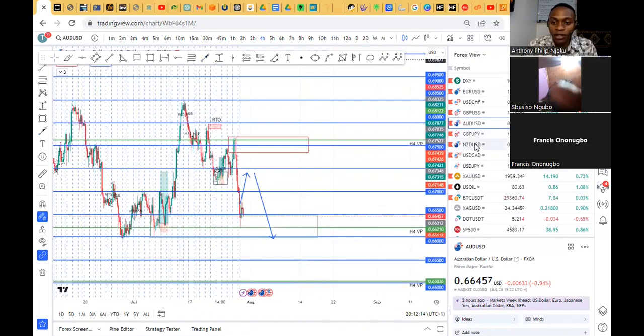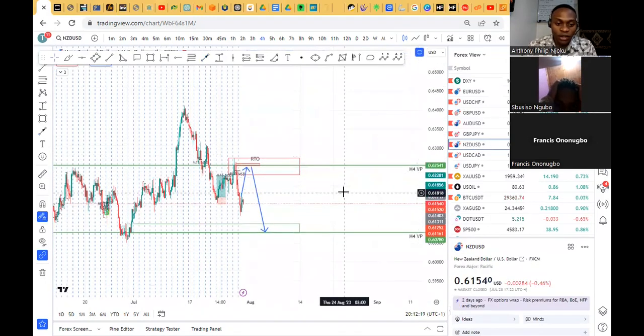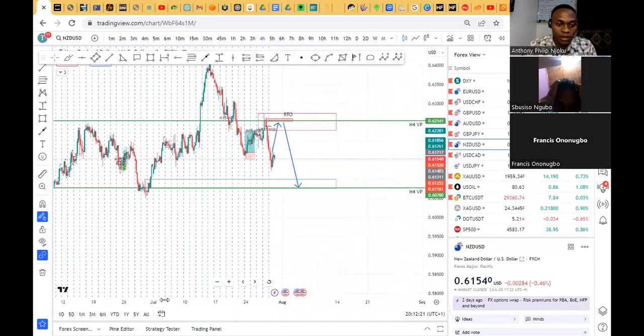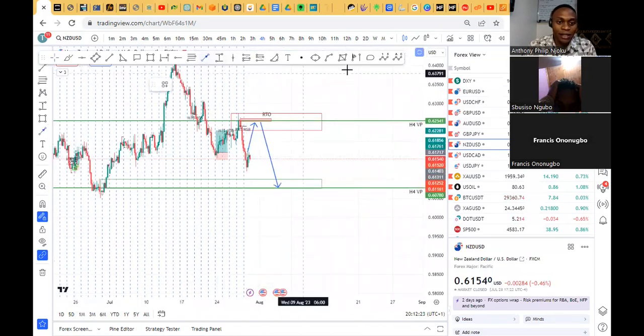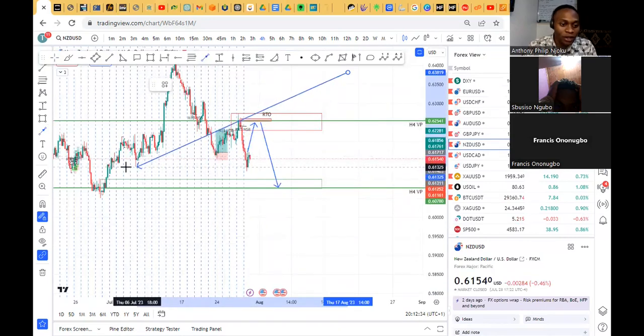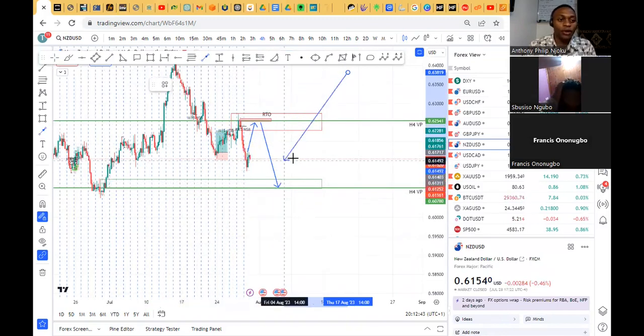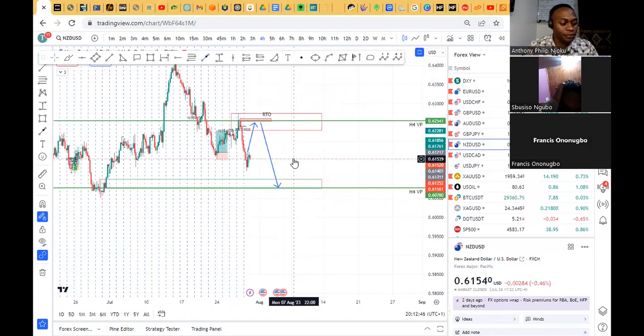Then for NZD/USD, let's handle the USD pairs first. NZD/USD, the same bias as every other pair. I expect it to come back into this return to origin over here, because you can see it took out this cause over here, it took out this cause. And the next cause is at this point. So any corrective structure, we take the next sell setup to the downside into this cause for the NZD/USD.